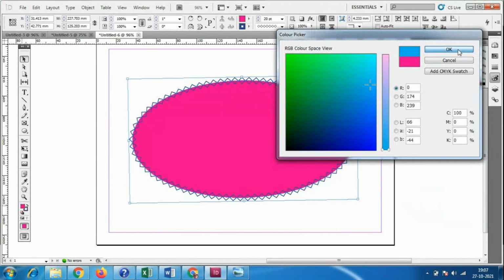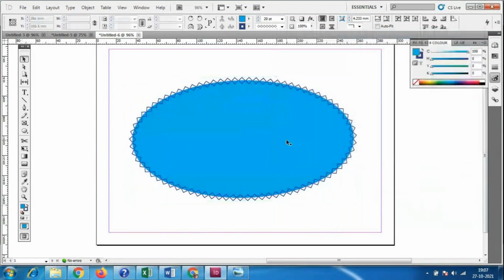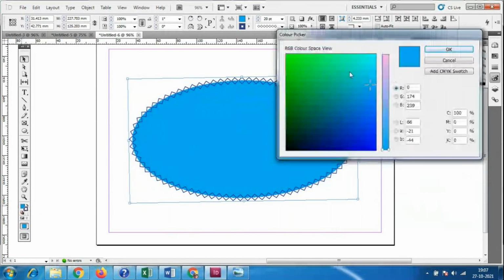Actually the cyan color is not this blue; cyan has a color like this, a radiant color. So mainly we use these for printing purposes, so colors and color combinations are very important here.